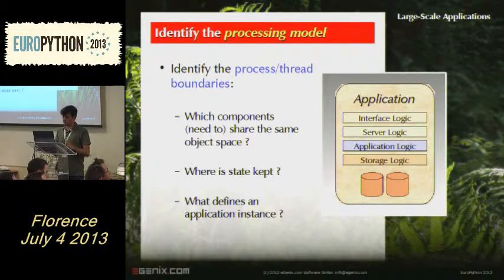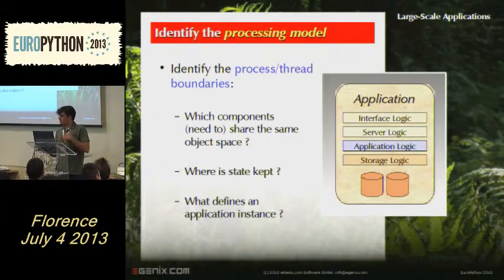So how can you decide on which processing model is best? Well, you have to ask yourself a few questions. One question is, in the application you need to share data. So you need to make sure that all the data is very close or very central to the components using that data. The other question is where state is kept. This is not necessarily the same. So you can have data, like static data, for example, of stock prices that you can keep in a database, and that data won't change because once you have the stock prices, they won't change anymore.